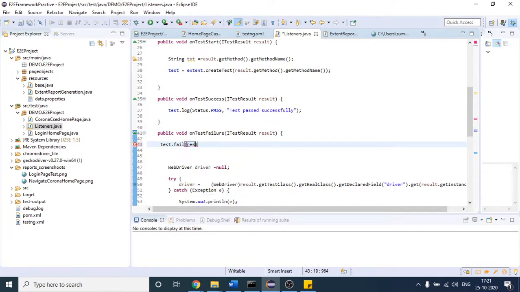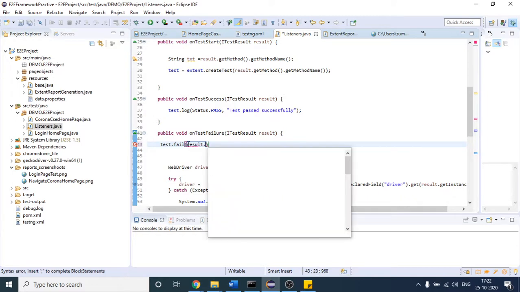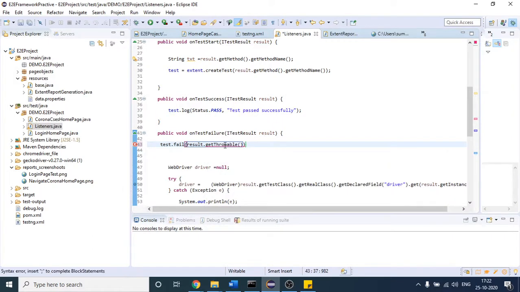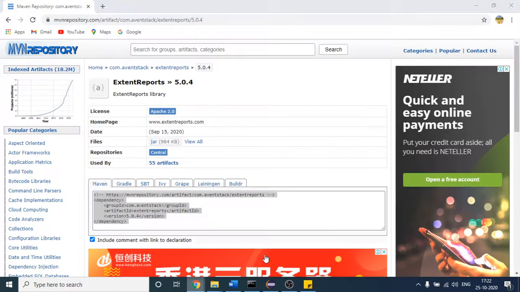So I can use result dot get throwable. What this method will do is, at runtime, suppose your test case fails, say there is one condition I want to validate, like whether this number is coming. You may get an error that the test case is unable to verify whether this 5.0.4 is present or not.